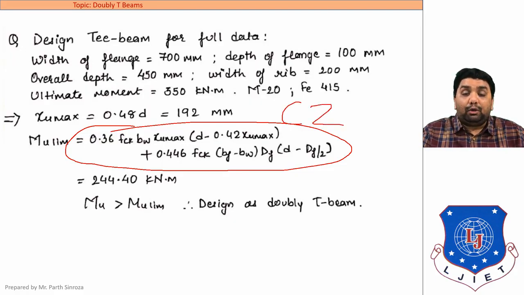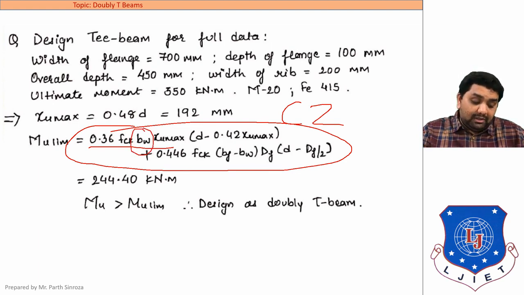And this is our equation of C into Z. A moment's equation is always force into perpendicular distance, and we are dealing with the compressive forces now, because the change here is in the compression zone. The tension zone is the same for singly and doubly; there is nothing changed in that. The major change is only in the compression zone, so we will be dealing with the compression zone only. So we will be using the equation C into Z. Now how to remember it? Here you can see 0.36 FCK B XU. We have seen this C1 was 0.36 FCK B XU, and why is it taken as BW?